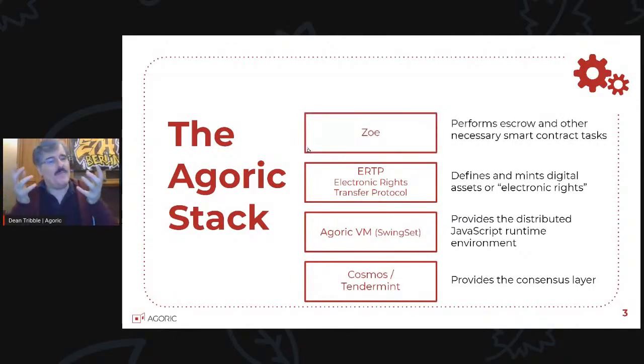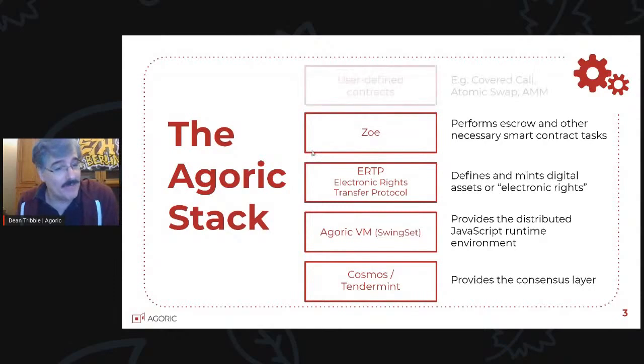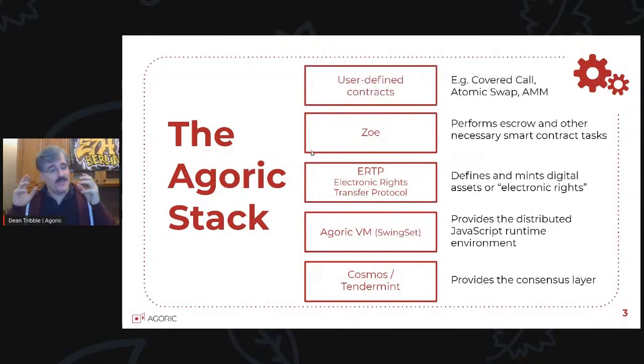On top of that, we then build our smart contract framework. And I'll say a little bit about that, but most of my focus is going to be on the two layers around it, which are the fundamental Legos out of which everything else is built, and then the user-defined contracts that include everything from atomic swap to Uniswap variants to covered call and so forth. So we're going to see, and obviously Oracle information as well. And in this stack,